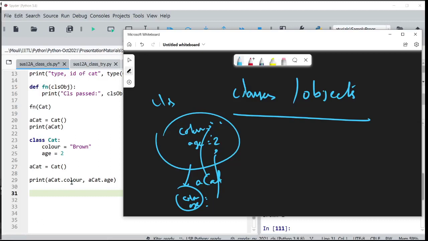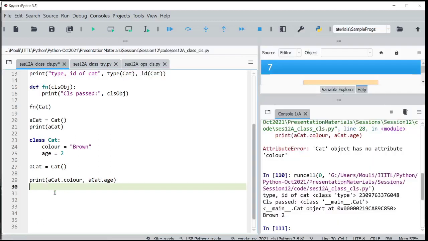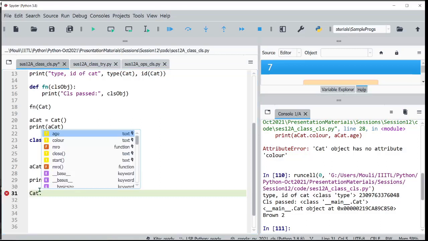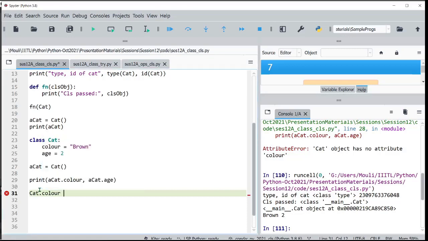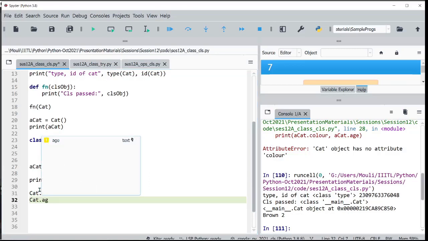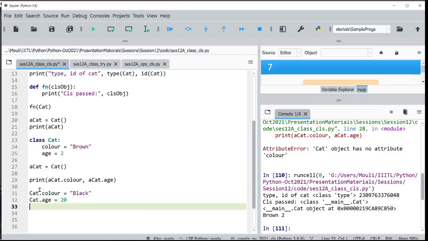Now let me do something. Let me change it using the cat class name. I am going to change it now to black, and then I want to change the age also to 20.